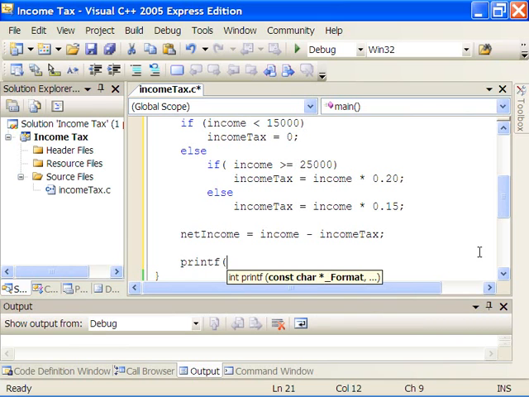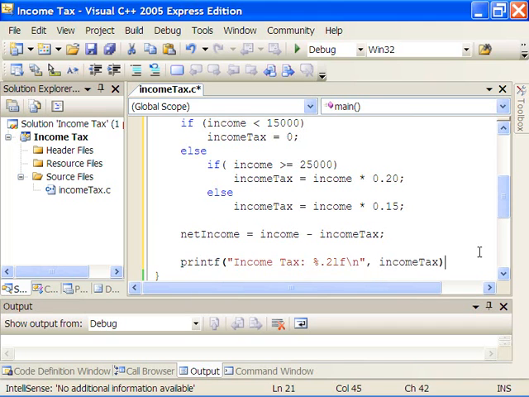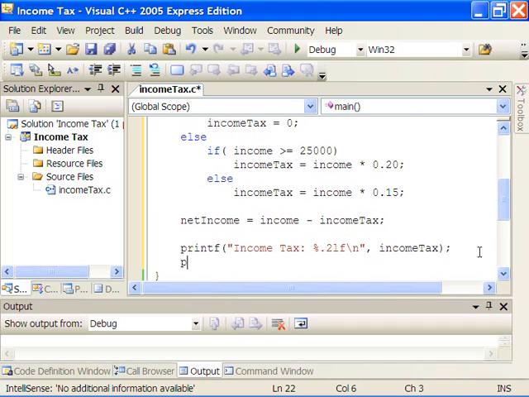So printf the income tax, and let's put %.2lf \n. And the other one, the net income, %.2lf